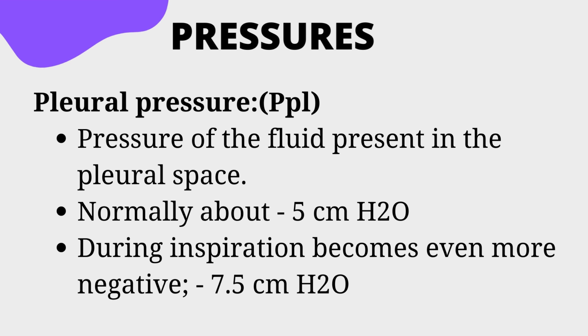We spoke about the mechanical processes that help move air in and out of the lungs. So now let's focus on a more important topic, which is the pressures that help move the air in and out of the lung. So our first pressure is the pleural pressure, and it is the pressure of the fluid present in the pleural space. And I forgot to mention this previously, but when I spoke about the lungs floating freely in the chest cavity, actually you can say they're kind of glued to the chest wall. They're not attached, but they're kind of glued, and this is because of the pleural fluid.